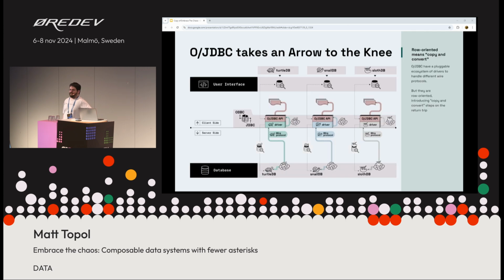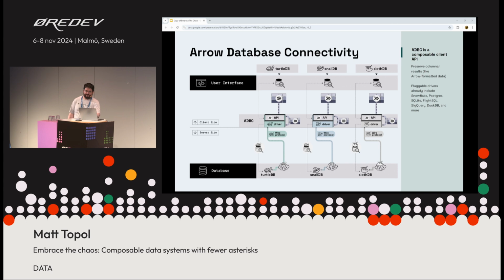So I mentioned ADBC. Here's my quick slide on it. I don't need to harp on it much more because I'm low on time and rushing through it, but you get the point, hopefully. You can see that with ADBC, you can just swap out the different drivers, but everything on the client side can utilize that Arrow standard we were talking about. And this works for whatever standard you want to talk about, when you standardize on a composable system.